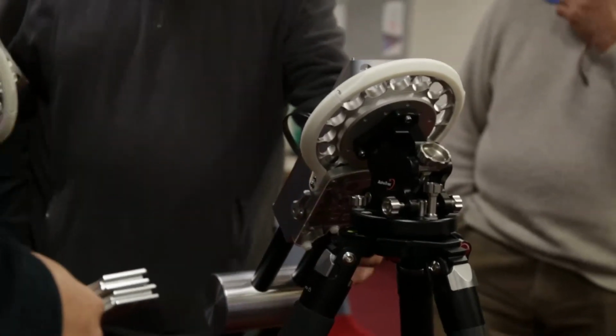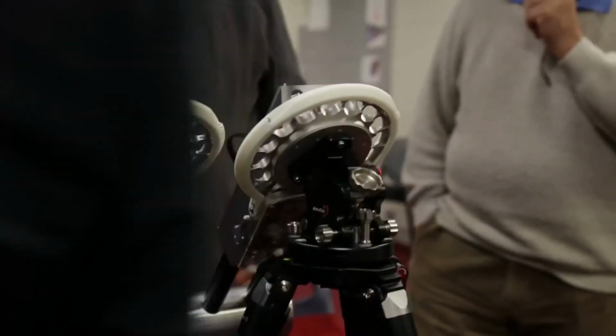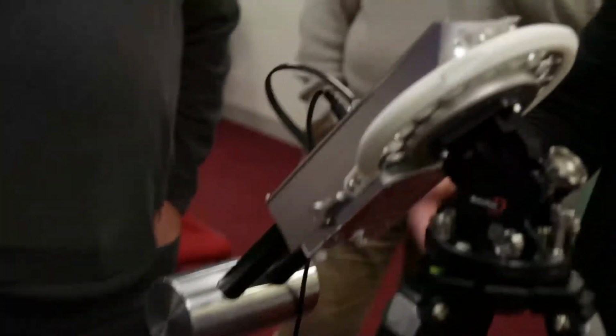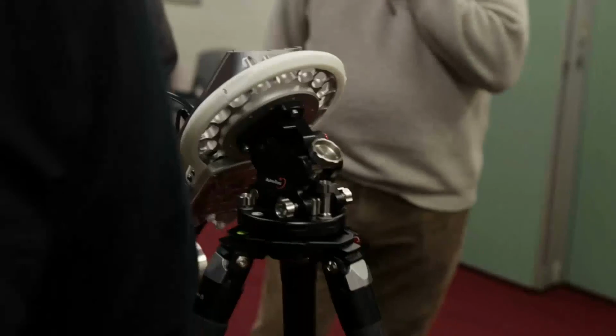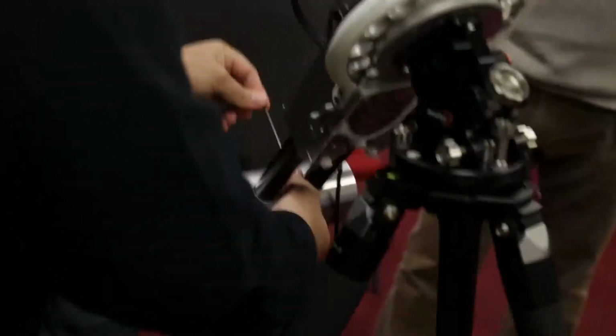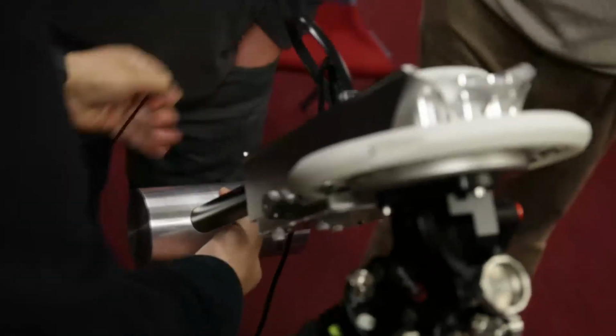Oh, this has got an extension. Yeah, so further disassembly, you can take all this off. You don't need that. So you don't need the counterweight. The counterweight that comes with it is actually a lot nicer than this one. It's more polished, but it weighs about